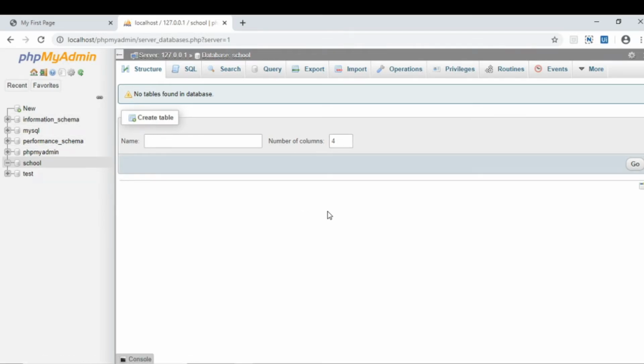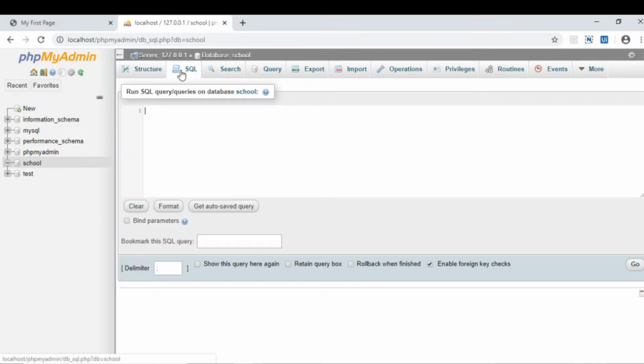To create a table in it, let's do it with the create table statement, which we learned yesterday. Go to the SQL tab and here type the query for creating a new table. Just type create table, table name, let's give it as users, and inside it we have to give the fields for the table. First let's create register number RNO, and it is integer data type, and register number should be unique, so it is primary key, and then space, we can give it as auto increment. The registration number is auto incremented when we add new data to it.